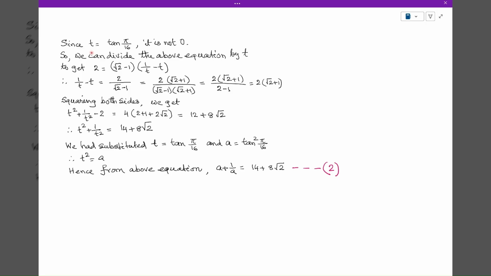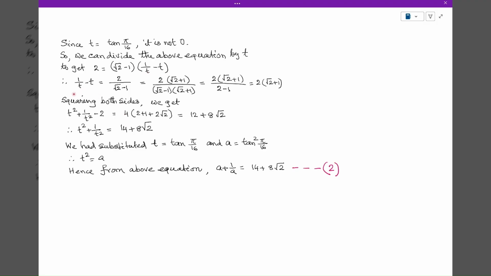Since t is equal to tan pi by 16, it is not 0. So, we can divide the above equation by t and get 2 is equal to square root of 2 minus 1 whole multiplied by 1 divided by t minus t,